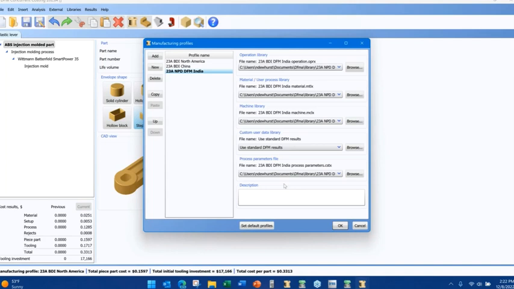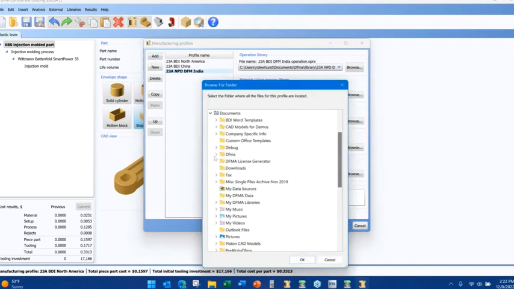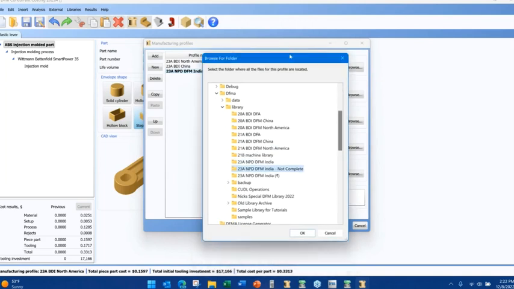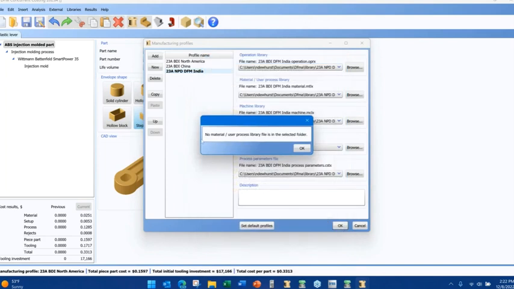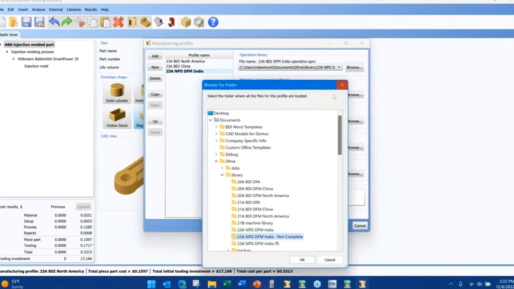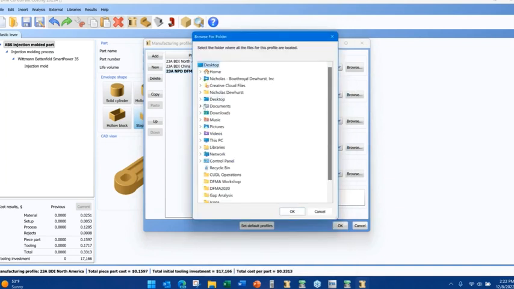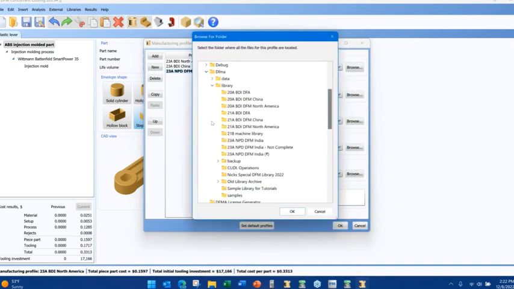Now, it does have all the checks in it to make sure that I'm picking information that's correct. So if I say here, add again, and I go to my documents, Dfma library directory, and I try and choose this one that I've craftily called here not complete, when I say OK to that, you can see, well, that folder doesn't have a material library in it. And it says, try and pick a different one that has that information or include that information so you can go forward. And I could come back and browse to a different one, or if I say add again, which is what I should have done there, sorry, and then I go to this Dfma data library directory,